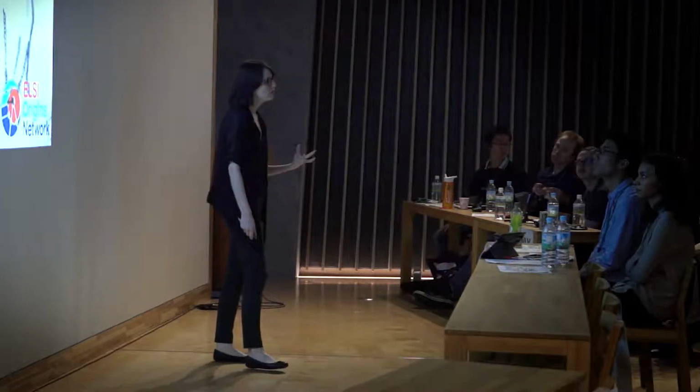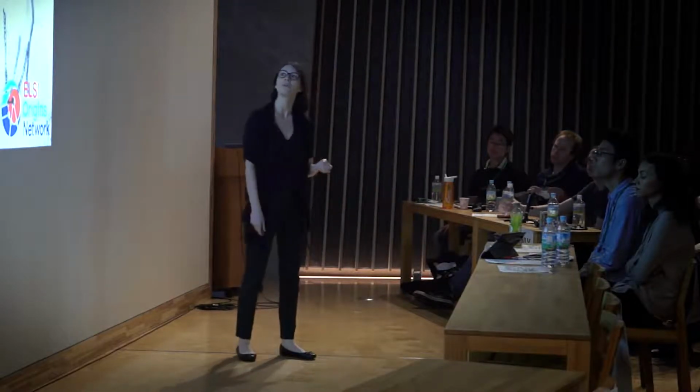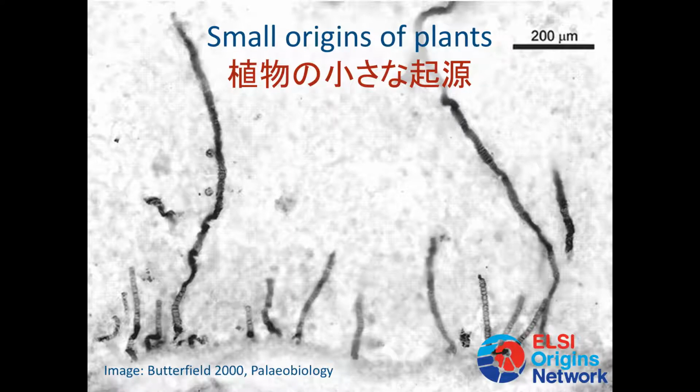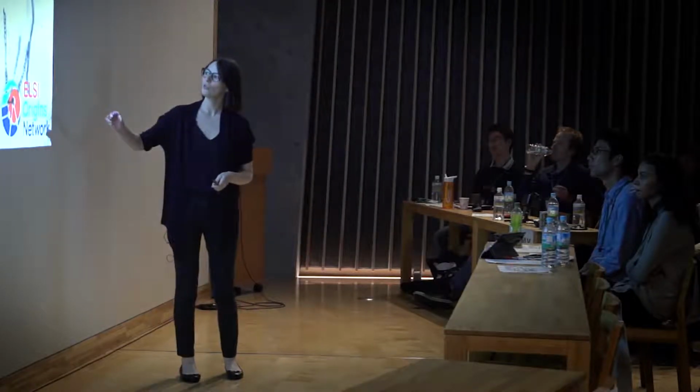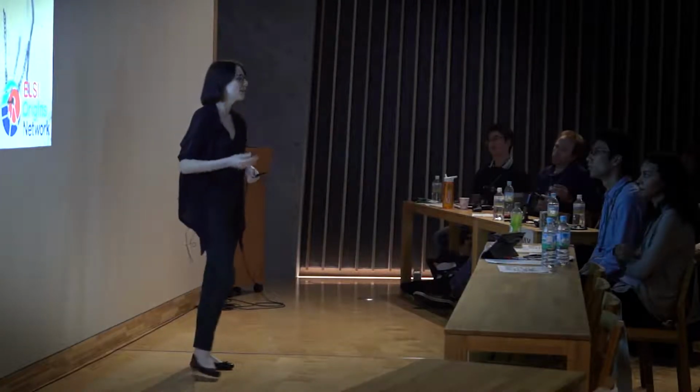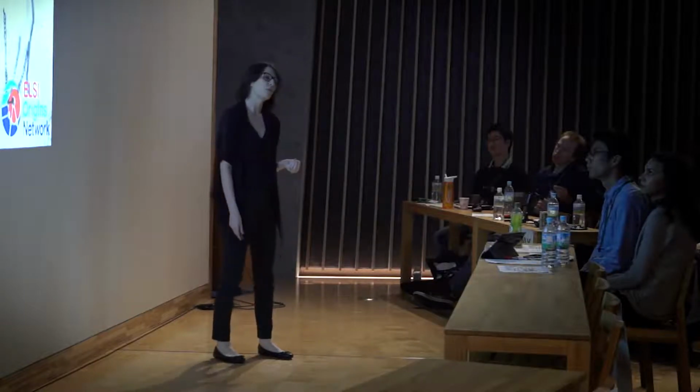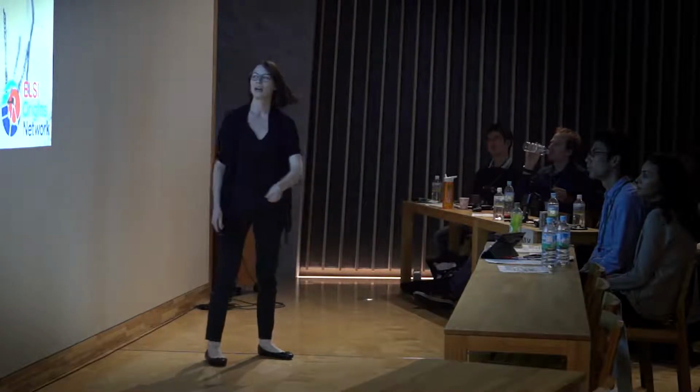So let's take a closer look at life in the Proterozoic Eon. This is a microfossil, a very small fossil called Bangiomorpha. This is thought to be a type of red algae, and so a relative of plants. And this is from around 1.2 billion years ago. Fossils like Bangiomorpha show that life forms had already evolved multicellularity, many cells in their body by this time, but they were still very small. For example, Bangiomorpha was less than 1 millimeter long and very thin.